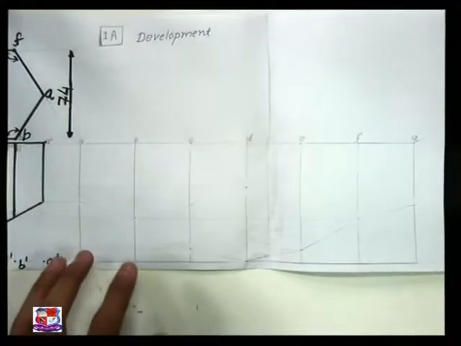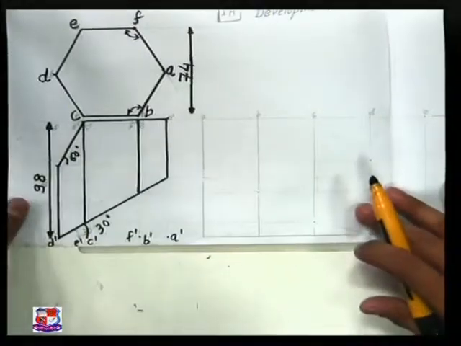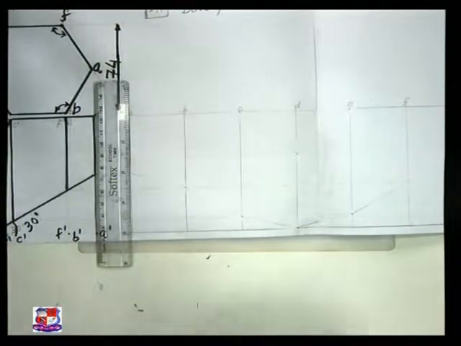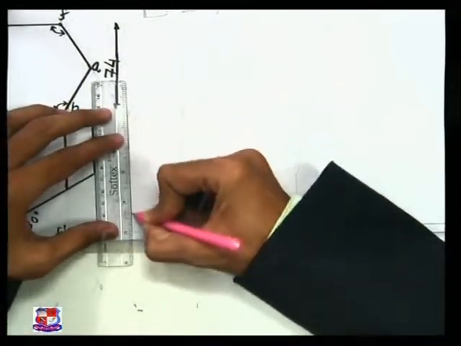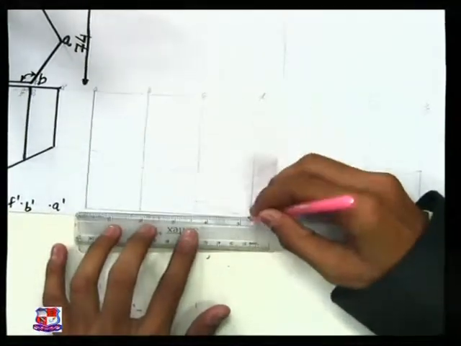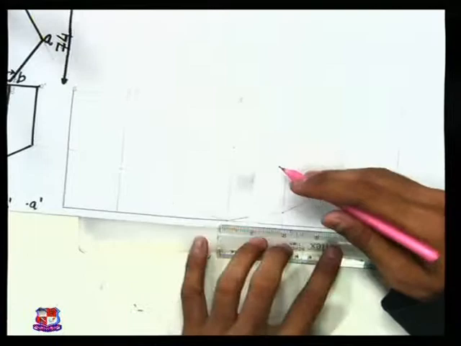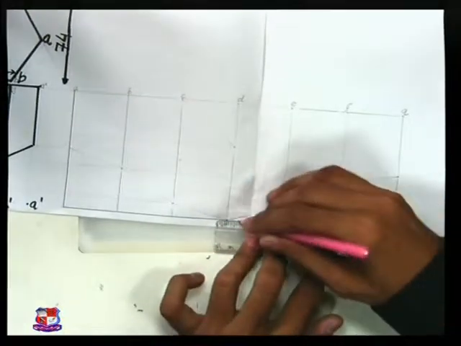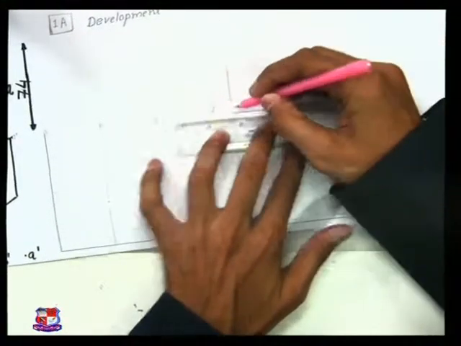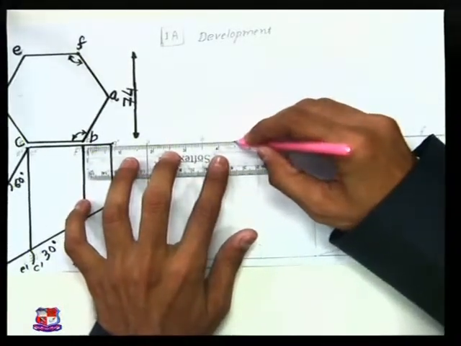So draw 6 rectangles having side length equal to 42 mm and height equal to 98 mm, as shown here. So the rectangle would appear like this. This is the height. Height is known to us, that is 98 mm, and the width of one rectangle is 42. So total 42 into 6 would be the total width of this developed rectangle. So this rectangle represents the outer surface development of the given hexagonal prism if it is not cut anywhere.